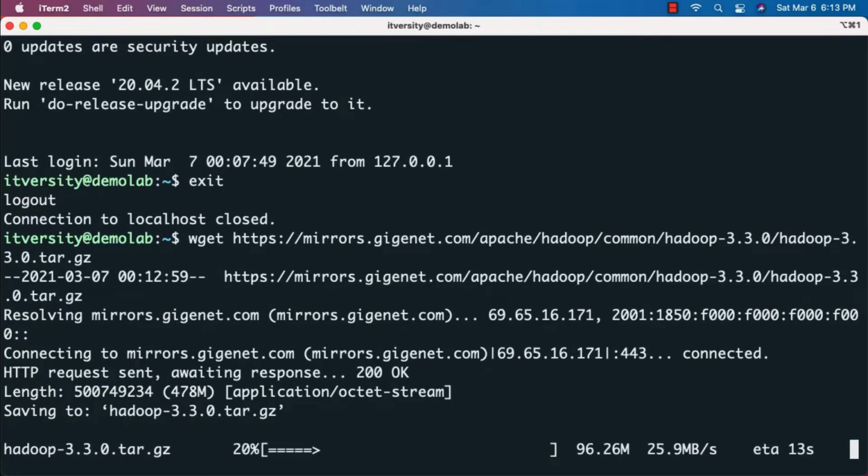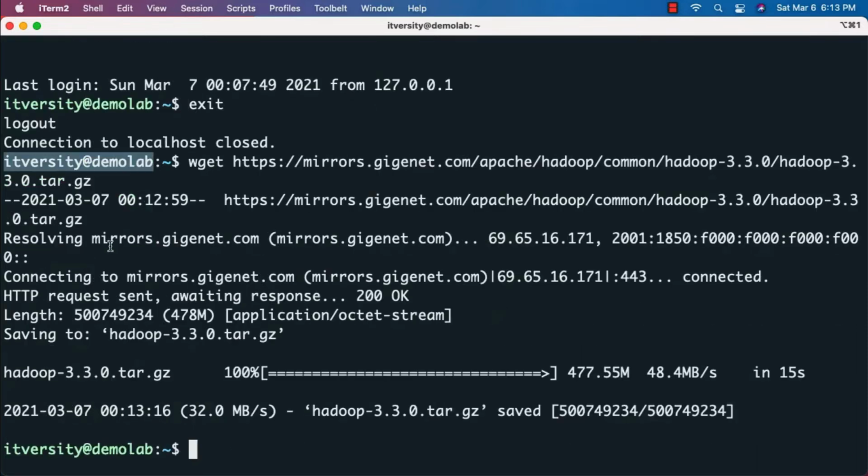It will take care of downloading the tarball onto that machine. In this case, I am downloading onto the machine directly where I am going to set up single node cluster. I am not downloading onto my local machine. You can review the details here. This is not my local Mac details. These are the details of the virtual machine which is provisioned from GCP. Now you can see that tarball is downloaded.